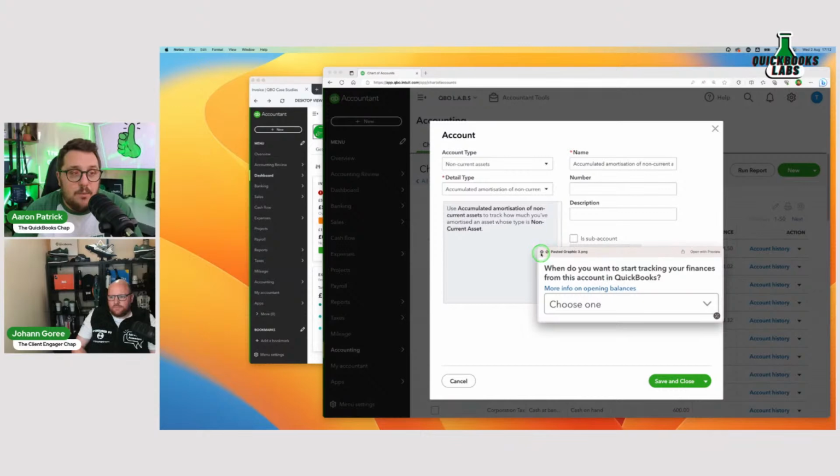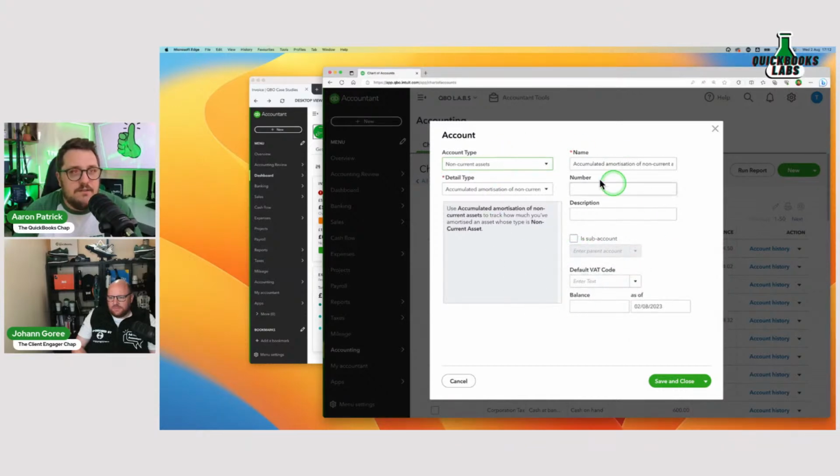Now, why they're making this change when we're still waiting for our new chart of accounts experience, I don't know. Why don't they just give us our new chart of accounts experience? I had to go into Xero the other day and put in some new chart of accounts. I'm sat there trying to guess which numbers haven't been used. I don't have this issue here. I just go, it's a current asset, it's this.